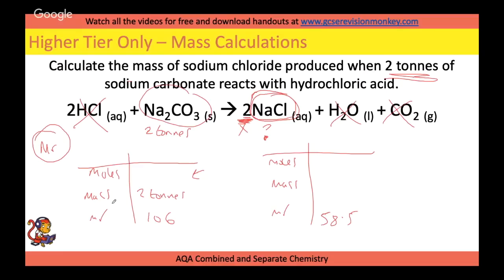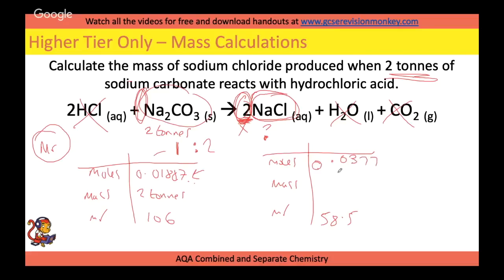So moles equals mass over MR. So 2 divided by 106 will give us 0.01887. This is where these numbers become important, the ratio of moles. The ratio of moles here is 1 sodium carbonate to 2 sodium chloride. So when we convert the moles over here, we need to double up because we've got a ratio of 1 to 2. So doubling this will give us